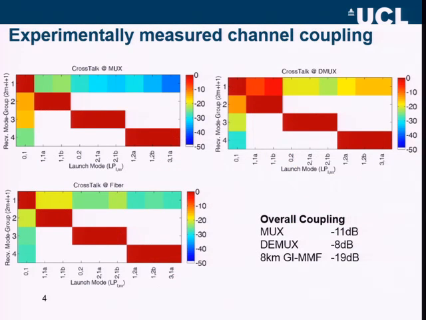So here's a more accurate estimation of the crosstalk or coupling in the mode mux, demux, and the fiber. The x-axis represents the launched mode, and the y-axis is the actual received mode group. All the diagonal elements in the matrix are the power of the desired mode that we would like to receive, and all the other elements represent the crosstalk or the coupling. The darker the color, the stronger the coupling is. So we can see that most of the crosstalk happens in the demux and the mux between mode group 1 and 2, which is obvious because the mode profiles of these two mode groups overlap quite a lot. And also the actual coupling in the fiber is approximately 10 dB lower than the crosstalk in the mux and